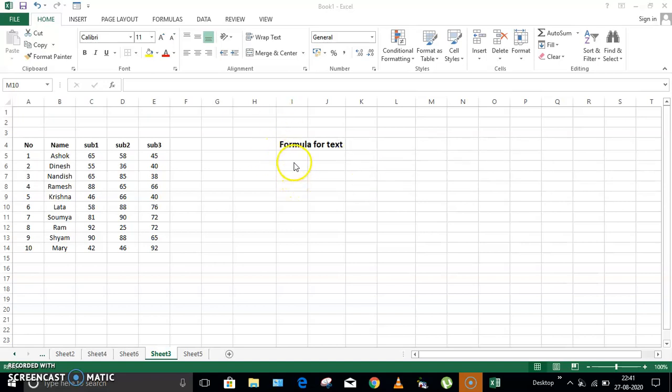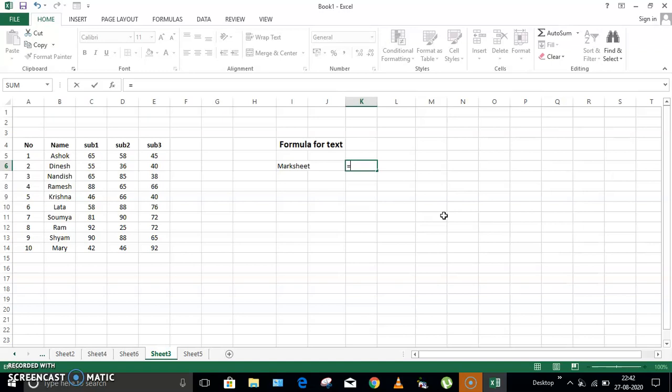So what I'll do is I'll just take one cell. Here I'm going to write some text, or like I'll write mark sheet, and in another cell I'm going to write the formula now. Here I'm going to write the formula for the concatenation of the text which is present in two different cells. So remember one thing over here, whenever you are using Excel and using the formulas, it will start with equal to symbol. Remember, whenever you are writing the formulas in Excel, it should start with equal to symbol.